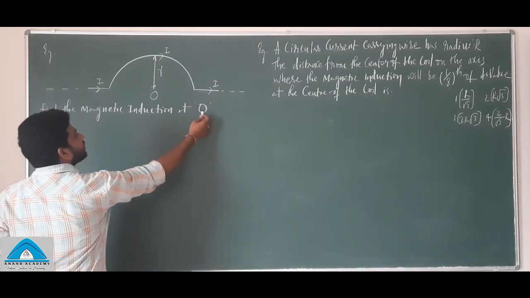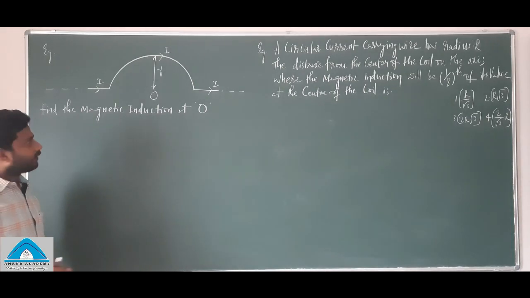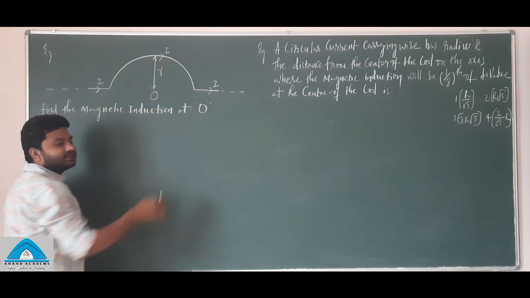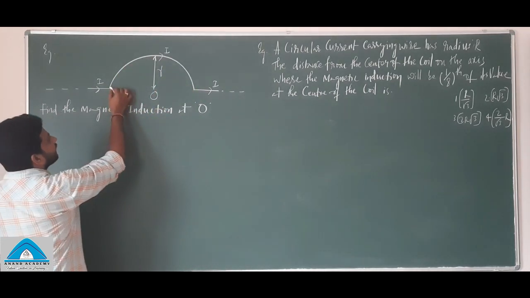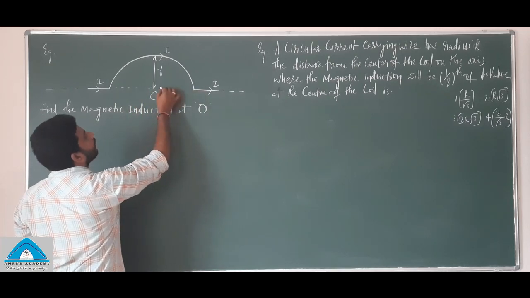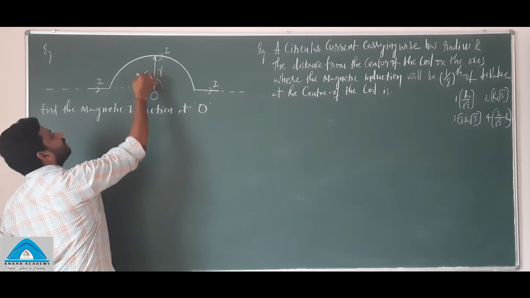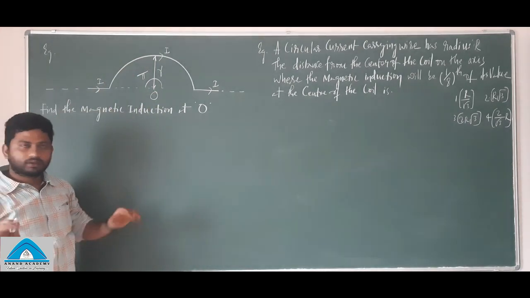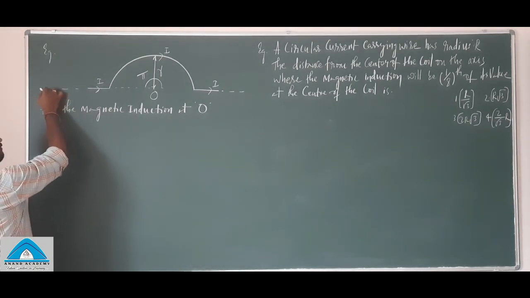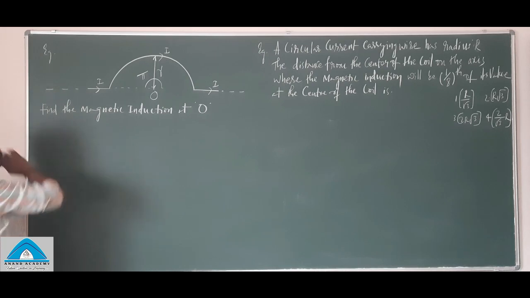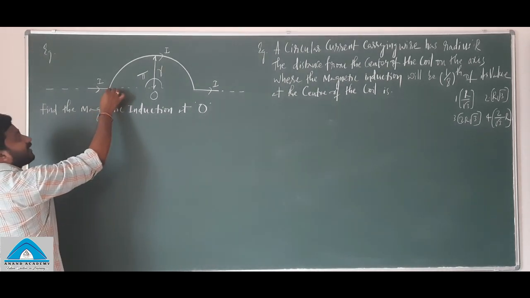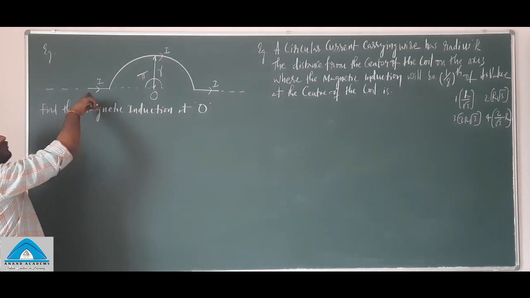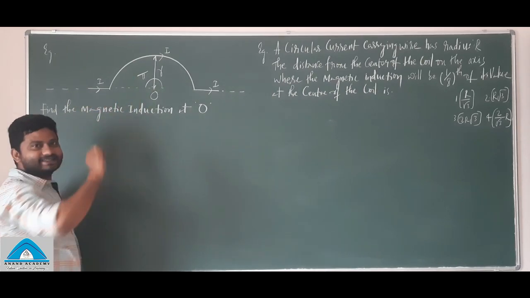Find the magnetic induction at point O. So this is the point O, and it's clearly visible that there is an arc, which is making an angle pi with the center of the circle. You know the magnetic field due to this arc. Now, there is one wire which is an infinite wire, one end infinite, the other end finite at this point. But the point O is located with respect to the first wire on the axis.